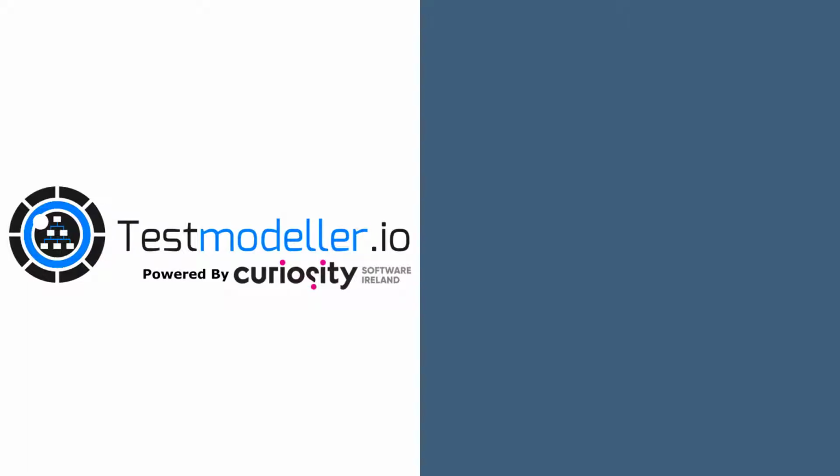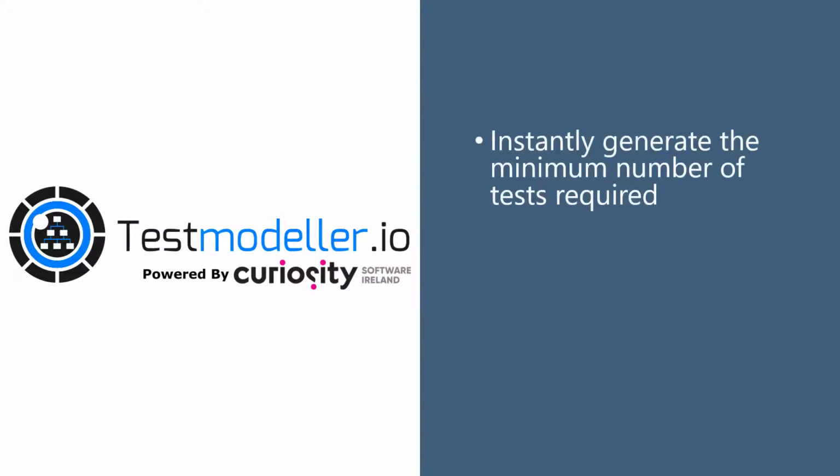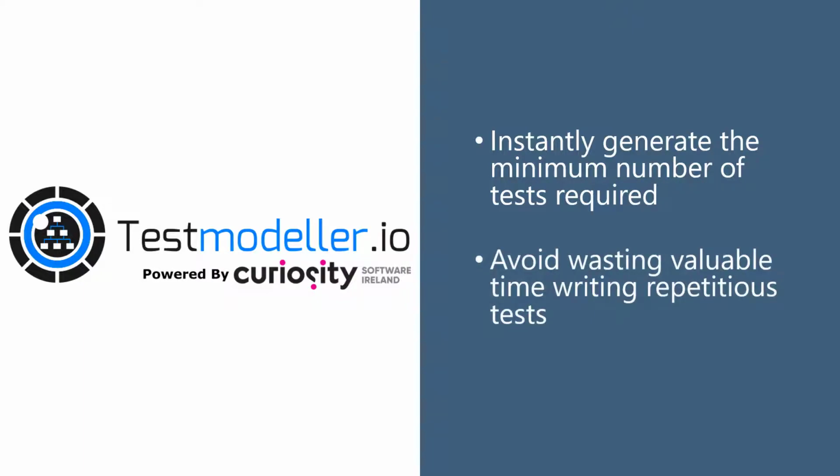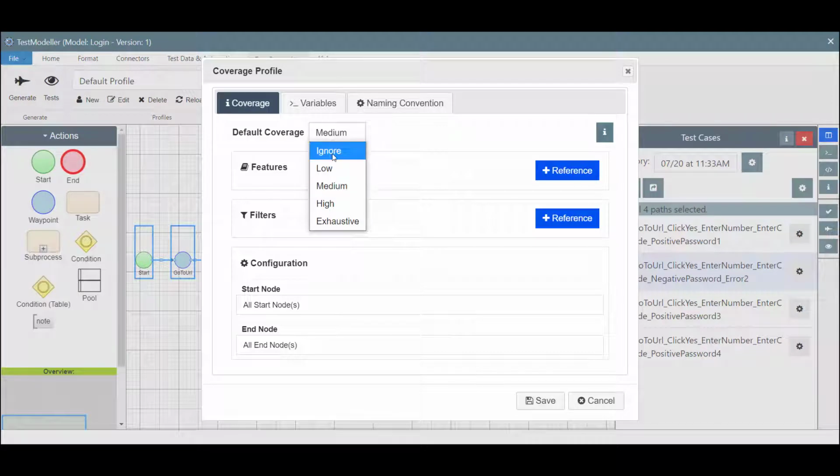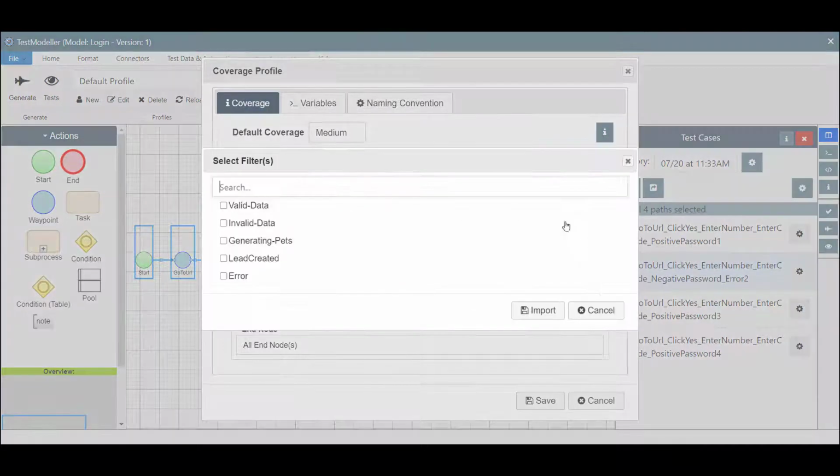Test Modeler automatically builds the smallest set of tests with optimal test coverage, avoiding time wasted writing repetitious tests. Automated test design generates the perfect test cases from flowcharts that are quick to build and easy to maintain. The optimized test can cover all modeled logic, or risk-based testing can target recently changed or buggy logic to catch